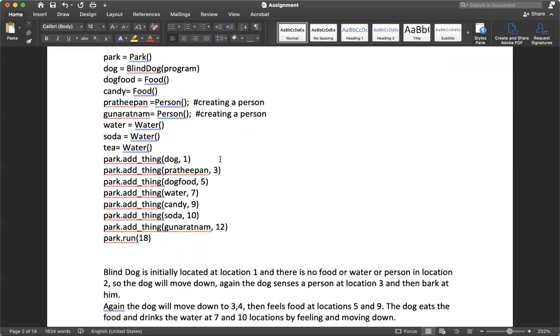location 3, and it sees a person, it will bark. Then it moves down to location 4, then to location 5, sees a food, and eats that one. After that, it moves down to 6, 7, then it sees water and it will drink. It will go to 8, move down to 9 and see a candy. Then it will eat the candy and go to the 10th location and drink the